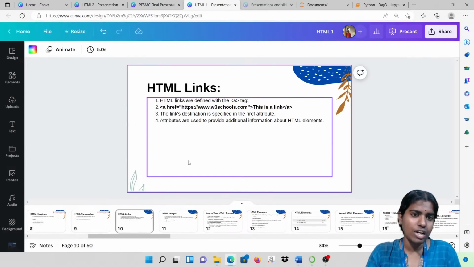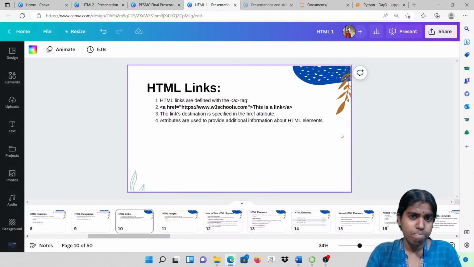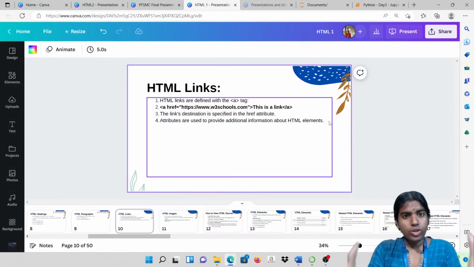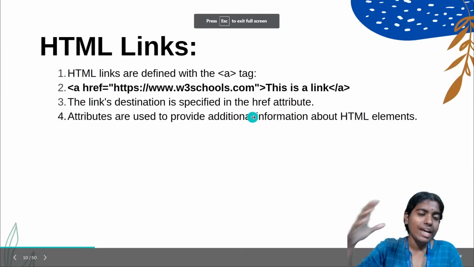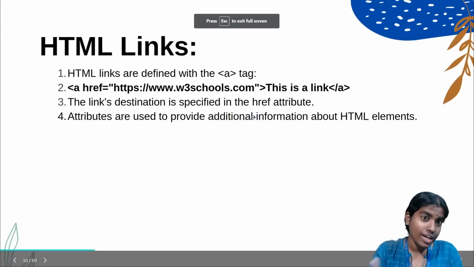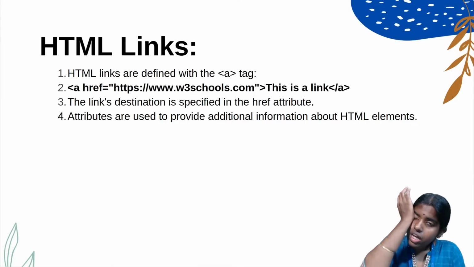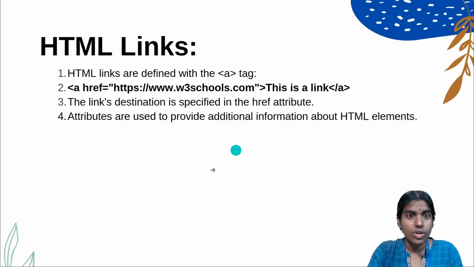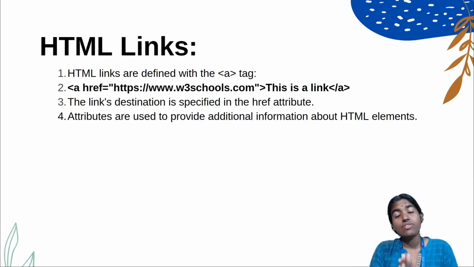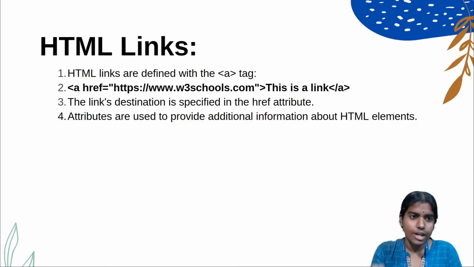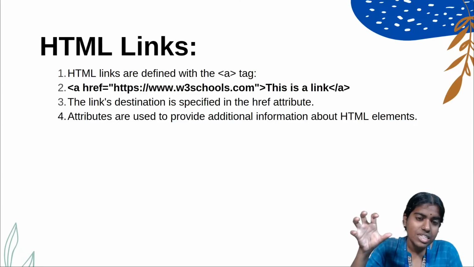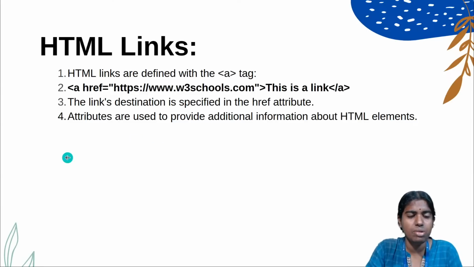So let me just discuss with you. You can go for paragraph tags and anchor tag. Whenever I'm going to develop any of these web pages in HTML, everything is based on attributes. So you can go for anchor tag if you want to create a reference to another web page. So attributes. As I was telling you, the entire hypertext markup language is based on tags and attributes. The attributes provide some additional information about my HTML elements.